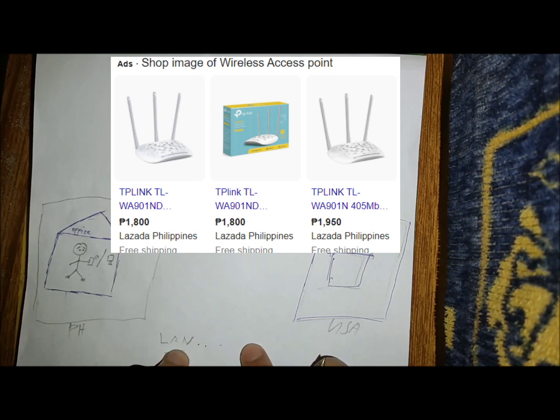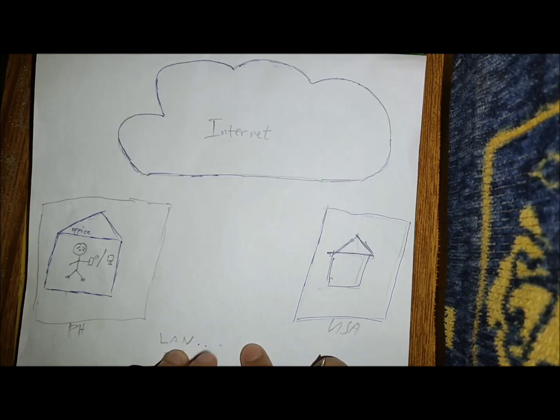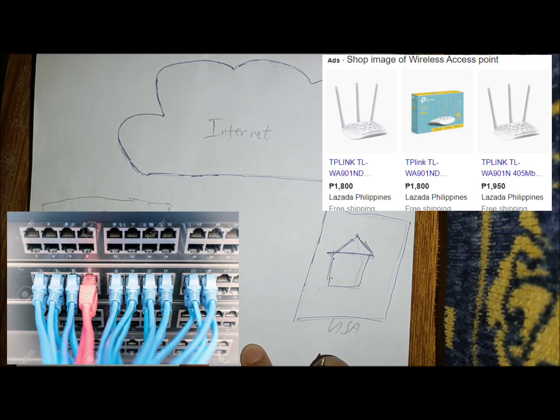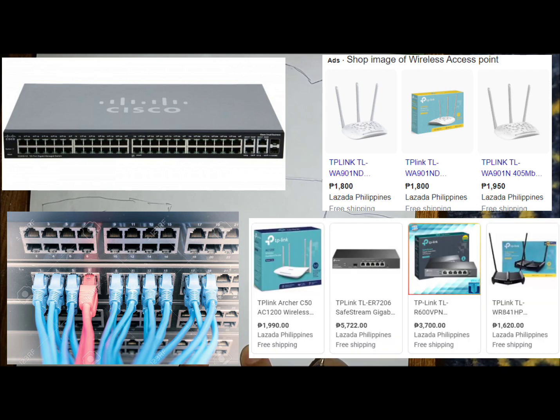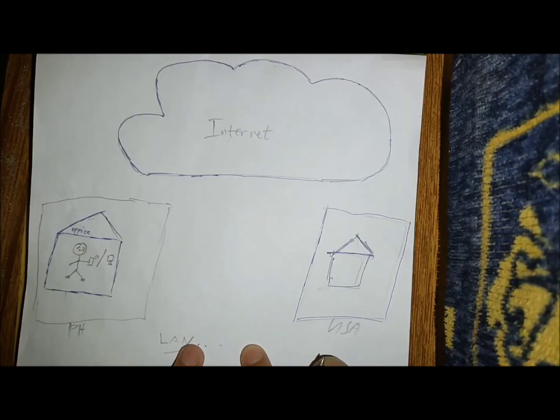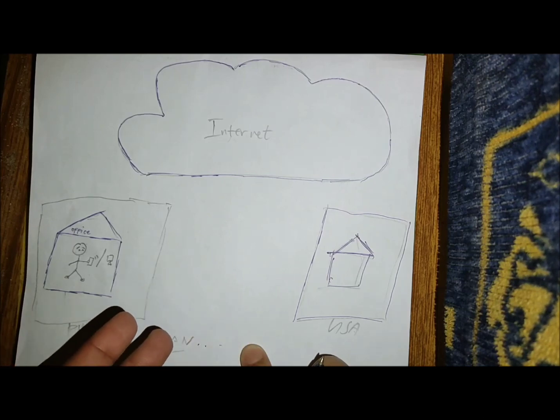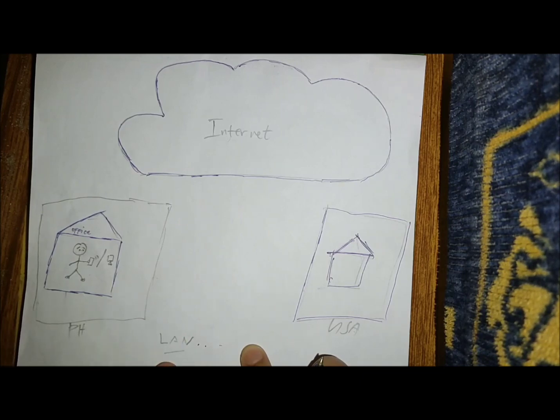So again, si LAN generally nag-comprise na siya ng mga cables, access points, switches, routers, o uban pang mga components that enable devices to connect to servers, mga internal servers, web servers.